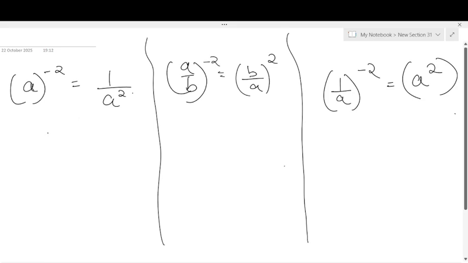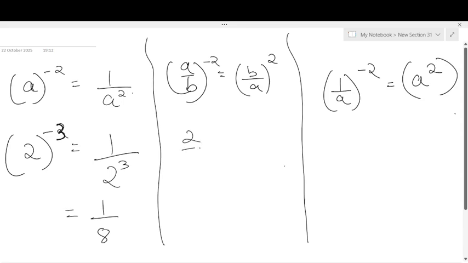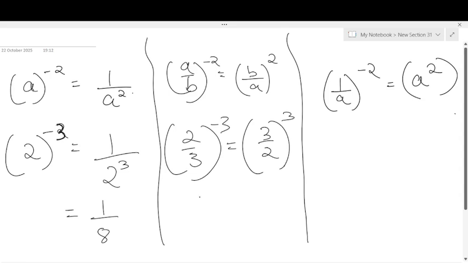Students done? I will make a note of this. Now first question, 2 to the power of minus 2. How will you make it positive and what's the answer? 1 by 2 to the power of 3. Next, 2 by 3 to the power of minus 3. First make it positive. Very good. 3 by 2 to the power of 3. Then when you open the bracket, what do you get? 3 cube divided by